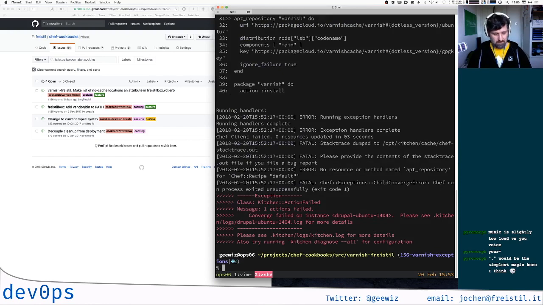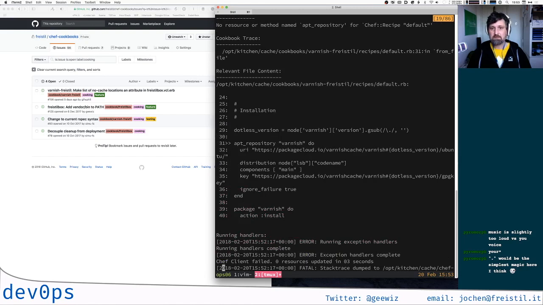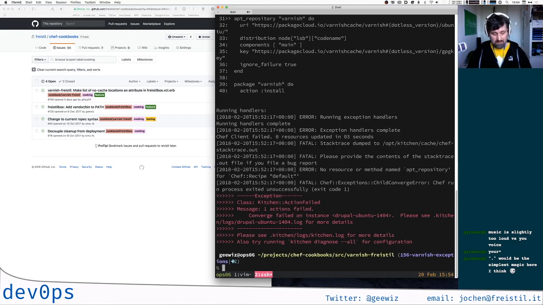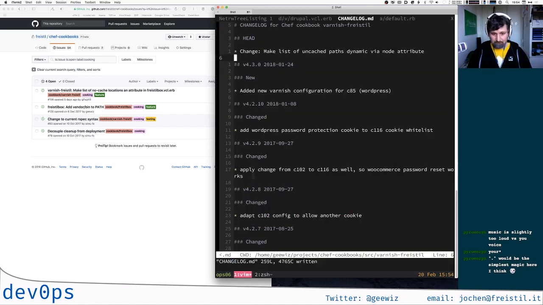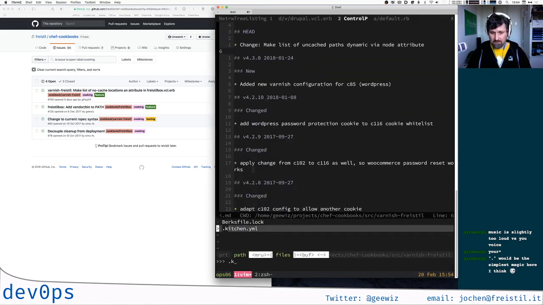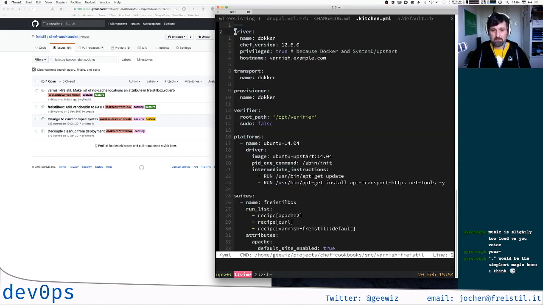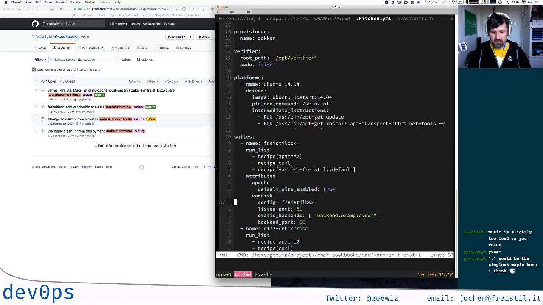Okay, there was a problem. Let's take a look at what the problem actually was. Okay, I see. It's a common thing. We still use an older version of the Chef client where the apt repository resource isn't a built-in resource yet, and that's why we need to explicitly add the apt cookbook to our test suite, which means that in kitchen YAML for the suite I'm running, which is the Drupal suite,